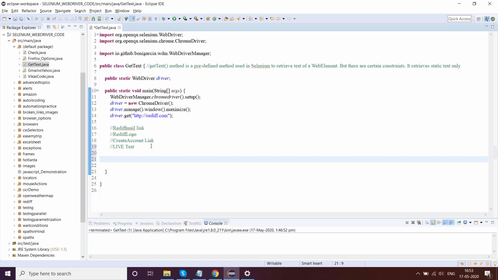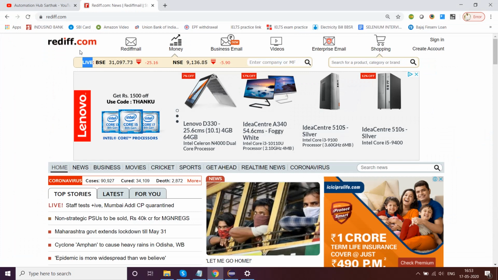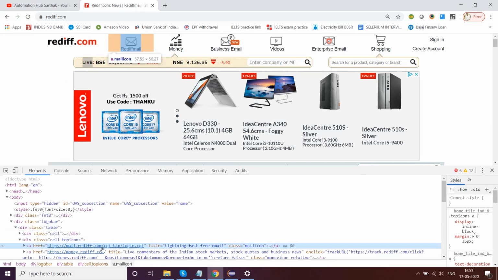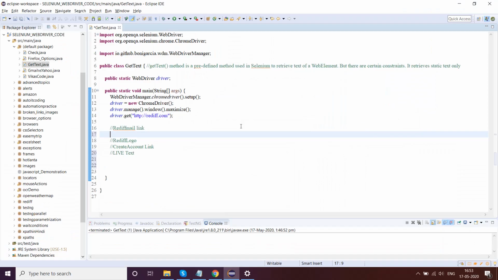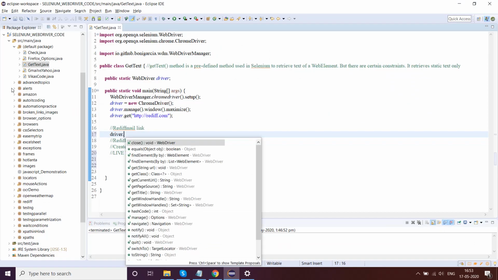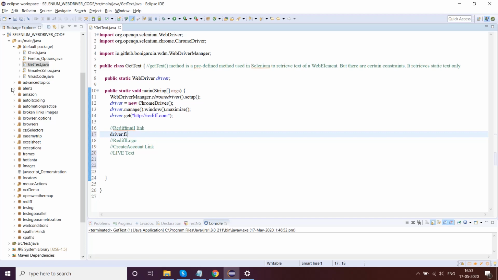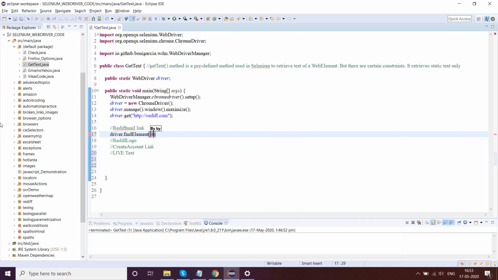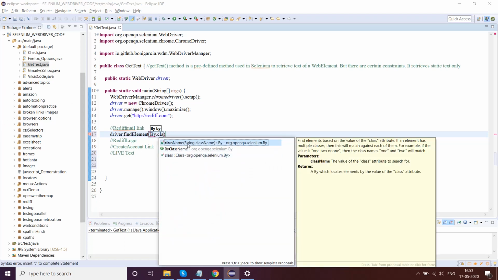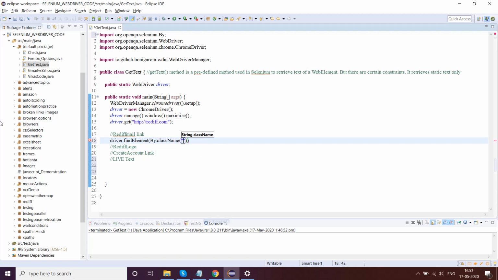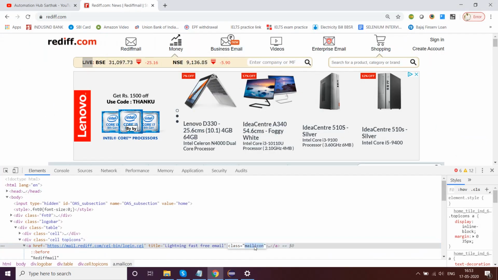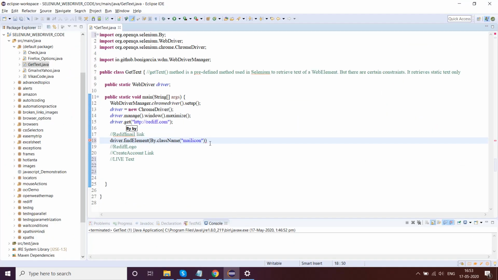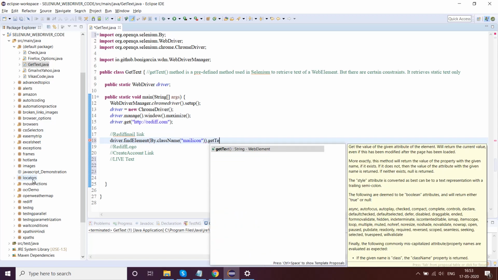Let's start with the Rediff mail link first. Right click, inspect. Does it have anything we can use? Yes, class mail icon. So I'll write driver.findElement(By.className), copy mail icon, dot getText.